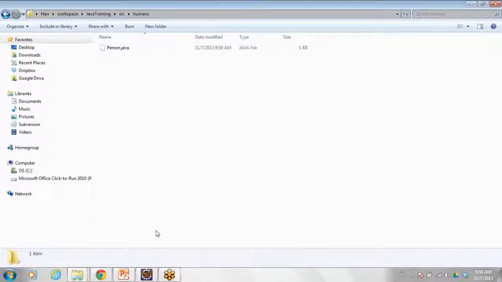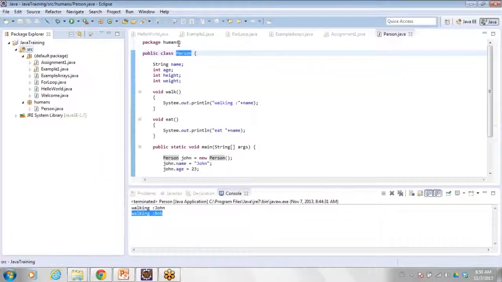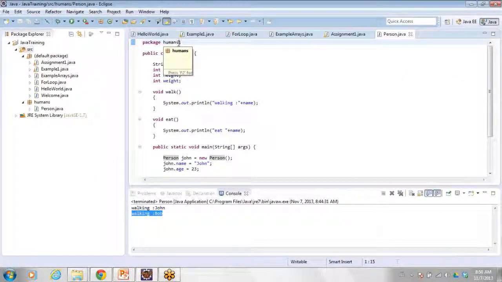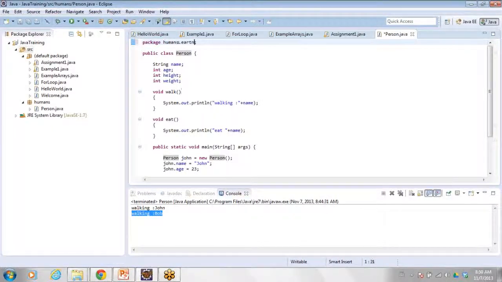So you can define any levels of packages, with separation of dot. So earth is the sub package in the package humans.